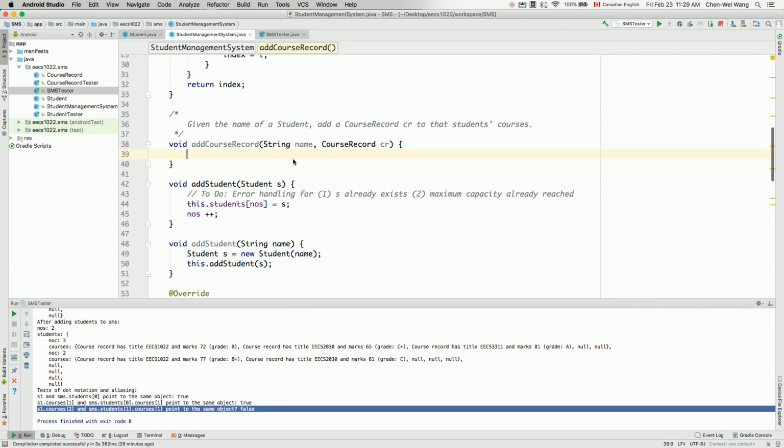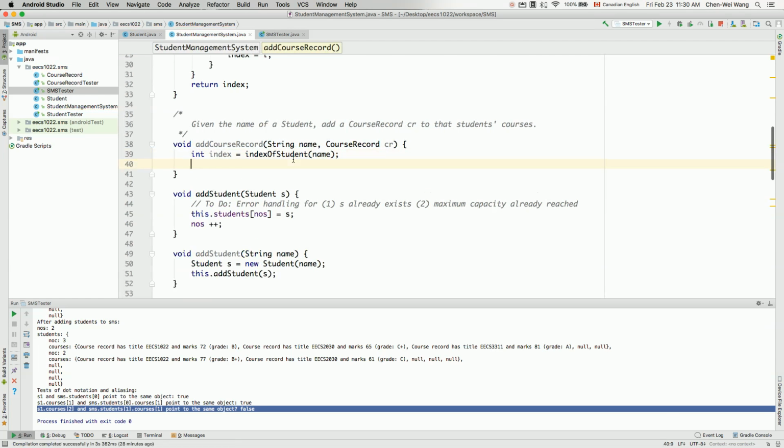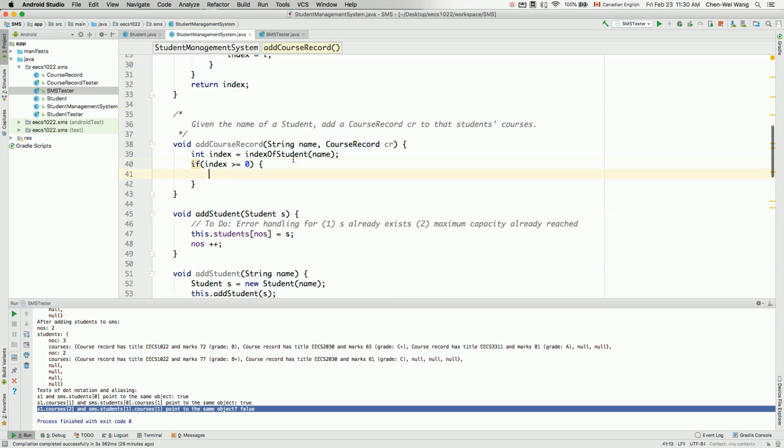Okay, so now we'll find it out. So integer index will be index of students and then the name. Okay, over here, we'll do the error conditions in the last video for this series, but now I'll just leave some space over here. So I would say if index is larger than or equal to 0, that means that it's a valid index, so the student actually exists. So now in this case, what we can do is